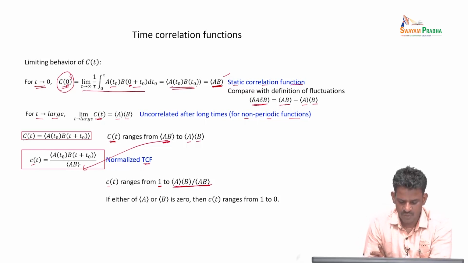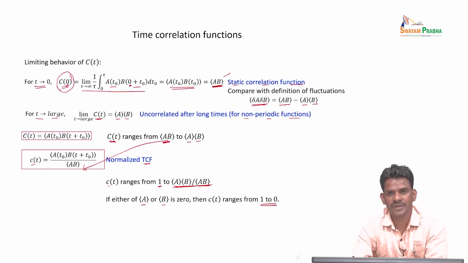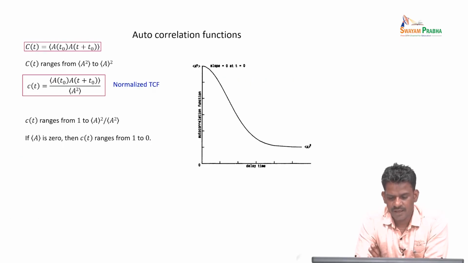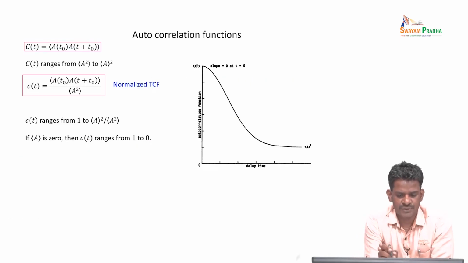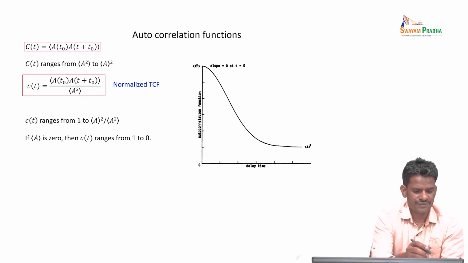Now, suppose one of the means of A or B is 0, then you can see that c of t will go from 1 to 0. So that's the range of the time correlation function. Pictorially it is shown here, but now I am trying to simplify this time correlation to an autocorrelation function. That is, I am taking both A and B the same. So the autocorrelation function